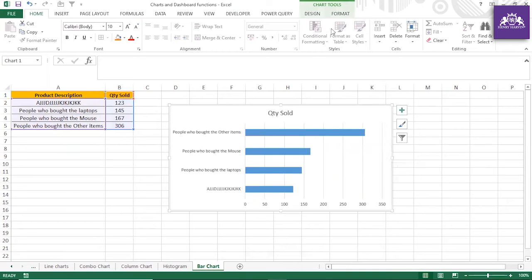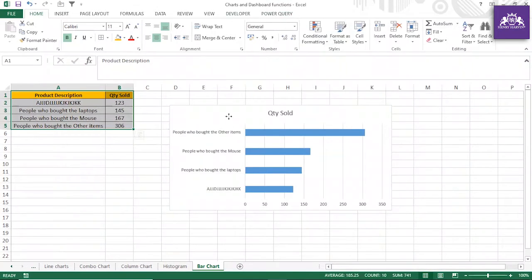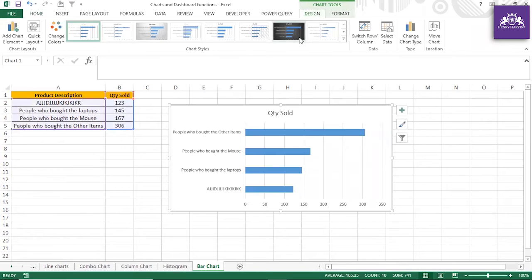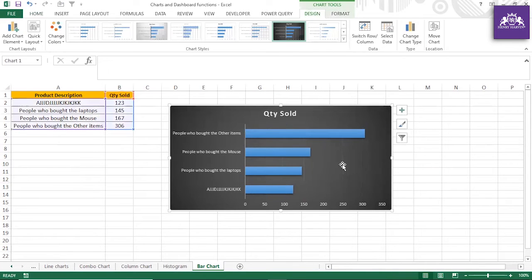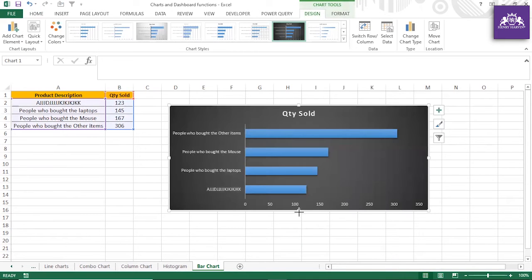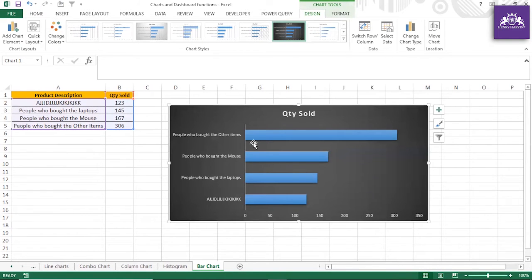It is really best, as compared to this. So if you select this, you can go to design again, and now the most important, you can delete these lines also. So this is super, guys. So this is how you can create your bar chart.